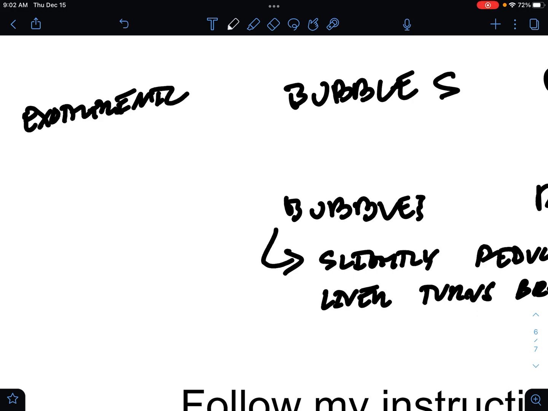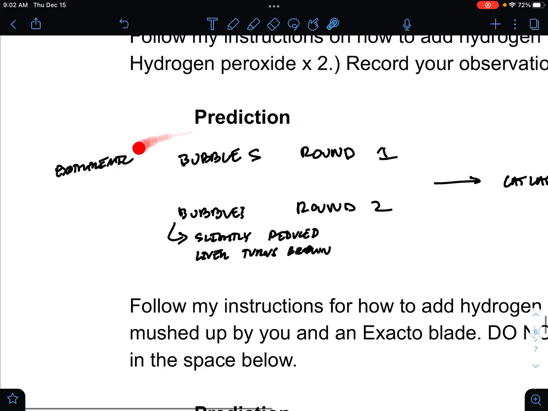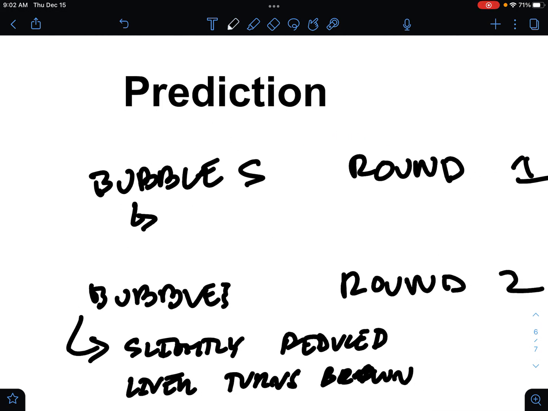And it's releasing so much heat. You're putting on so much substrate, much more hydrogen peroxide than would ever be naturally occurring in the body at one time. So this reaction, round 1, created so much heat that it